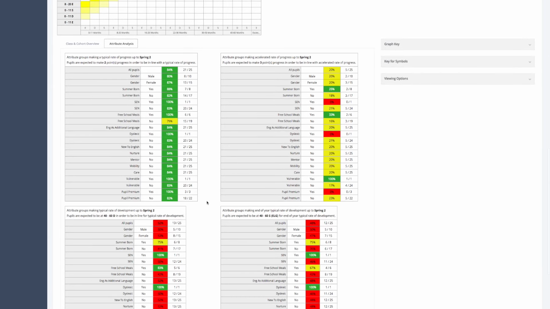importantly, comparatively. So males versus females, SEN, non-SEN, and it will tell you how many children in the group. So some are born, 7 of 8 are making typical progress. Some are born no, 14 of 17. So it gives you an idea about whether that particular set is meaningful and how much you can read into